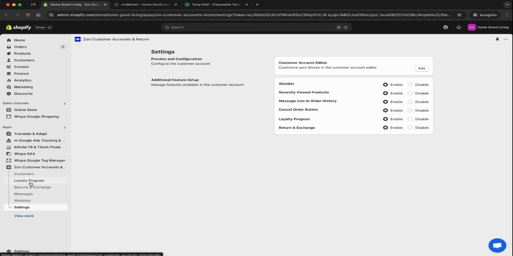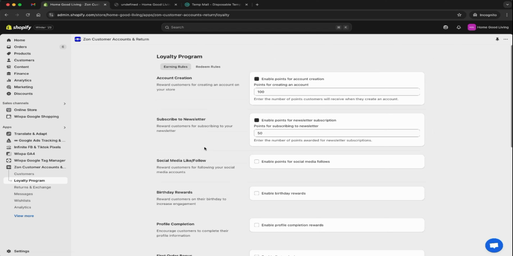Now to configure loyalty and reward points, you have to click on the loyalty program tab in our app, and from there you can define and add reward rules that best suit you. You can see I'm clicking on it. Zone provides several built-in reward rules like account creation, subscribe to newsletter, social media like and follow, birthday rewards, profile completion, first order bonus, and order completion. And you can choose to add any of these to your customer account and assign reward points to each program